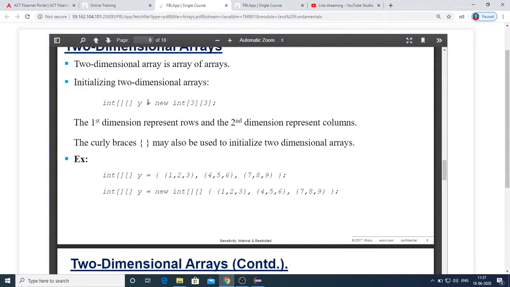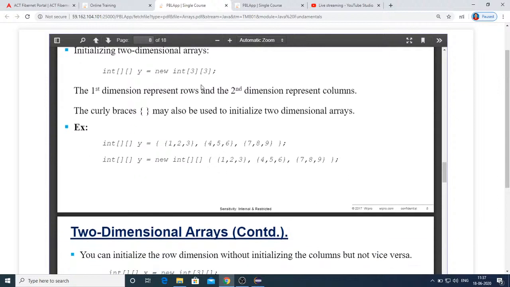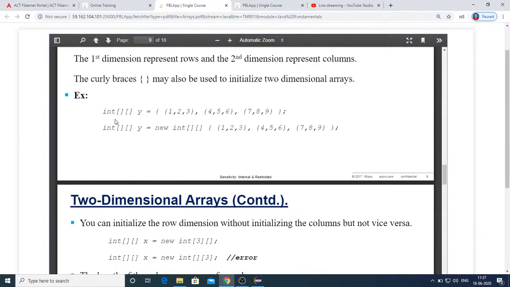It's up to you. So the initialization you are seeing here is a symmetric matrix. That means you have the same number of elements in each and every row. But you can also have a different number of elements for each and every row. That point you just need to remember.